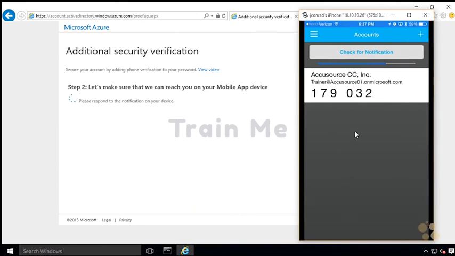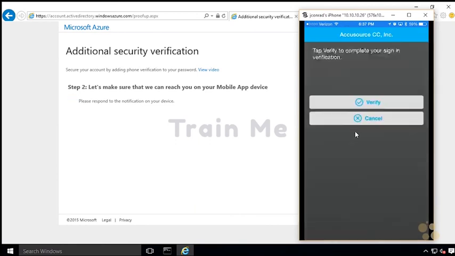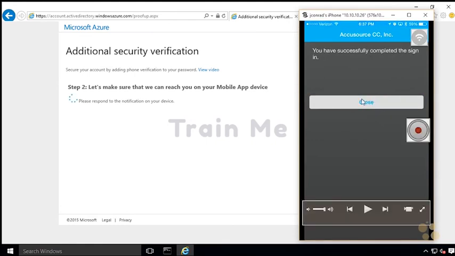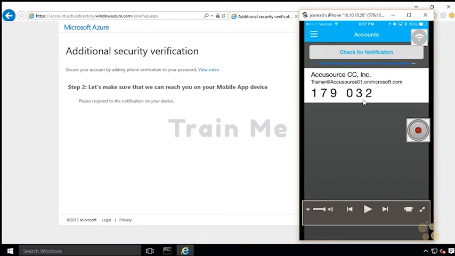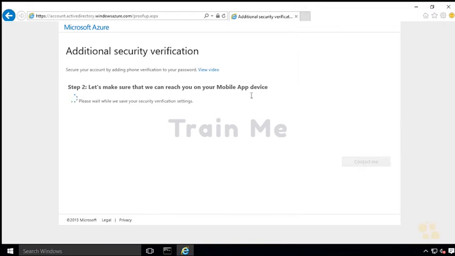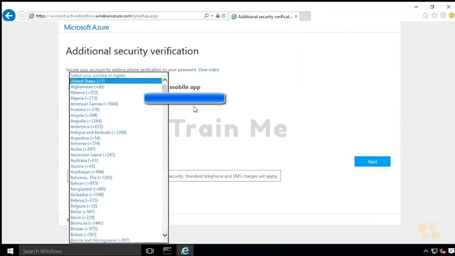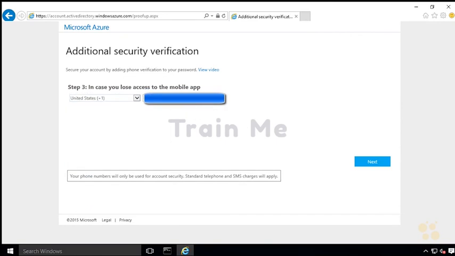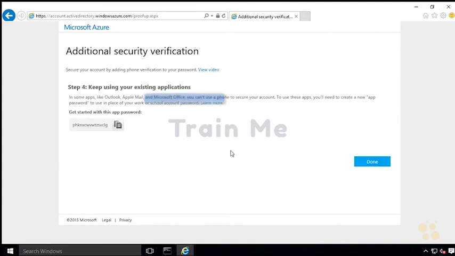Once it pops up, I click on, I think it says Verify on it. There it is. So I'm going to tap on Verify here. And now I've successfully completed the sign-in process. I just closed that and then drag this off to the side here. And then the verification is successful. Okay. Then I will still make sure that it has a phone number for me in case I lose the mobile app or I had to restore my phone somehow or something like that. And then I can just click on next here